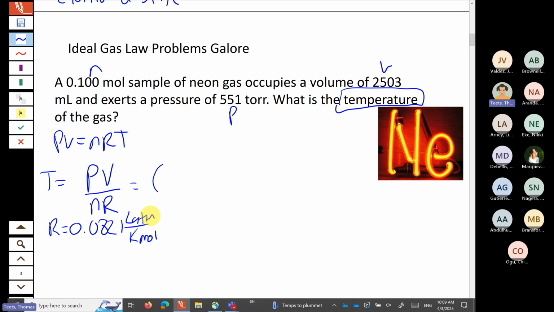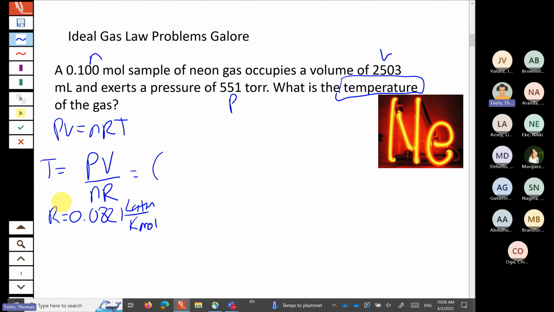But if we're going to use this value of R, we have to report those in liters for the volume, atmospheres for the pressure. So in this problem here, we have to do some conversions because the pressure, which is the first thing going in here, is in torr. We need to convert that into atmospheres if we're going to have the standard value of R in this equation. So we have 551 torr,